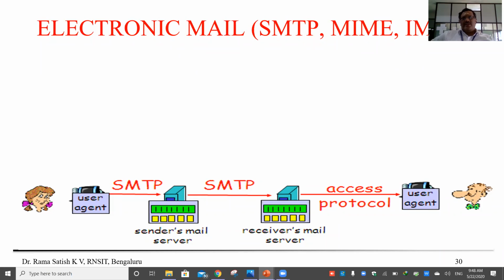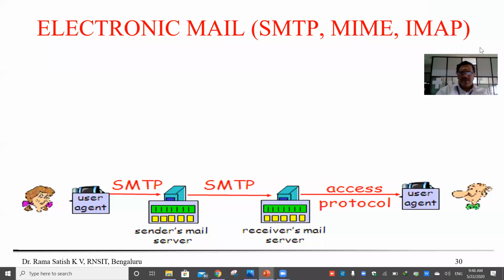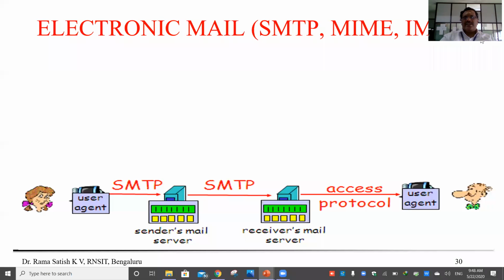We use the MIME protocol for adding attachments along with the mail. The last one is IMAP, Internet Message Access Protocol. The IMAP protocol is very much used while retrieving the mails from the server. We'll see all those things.